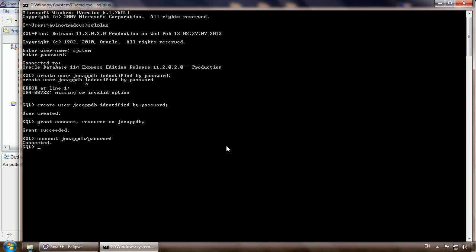Let's try. Oh, it's connected. That's fine. So our schema works, our user is created and access granted. So remember these credentials. Let's say I will copy it and we can now close SQL Plus,